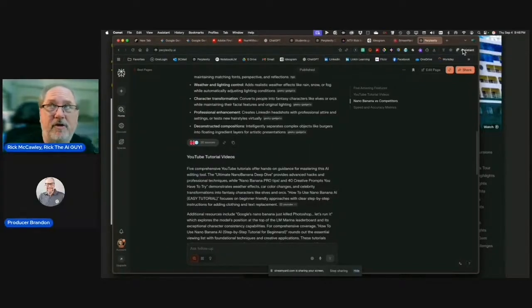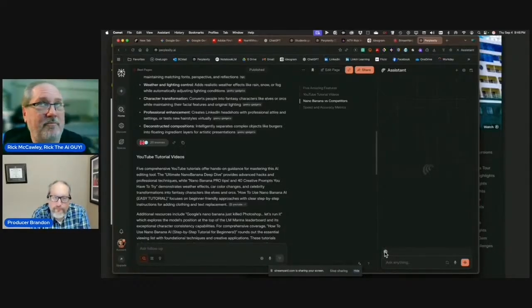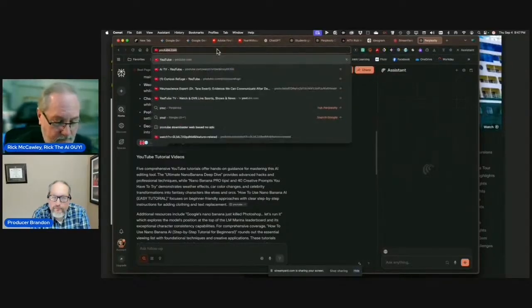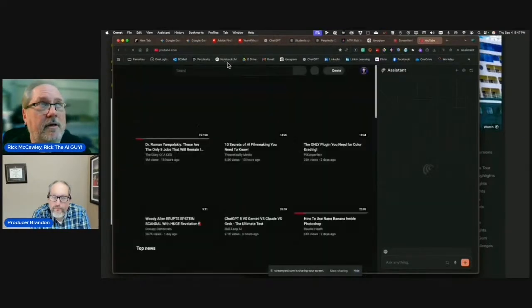So this is a preview of upcoming. This is what you get on the side as you're on this page. You get an assistant that is Perplexity built in, but it can actually do stuff. And I'm in Chrome, basically, so all my Chrome tools are there. But I could go to a YouTube channel, for example, and take a look at something. So here I'm on YouTube in a second.